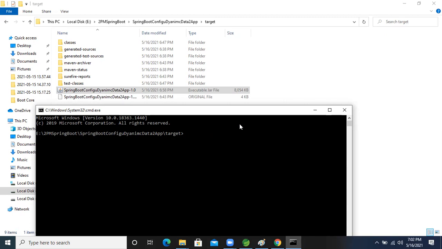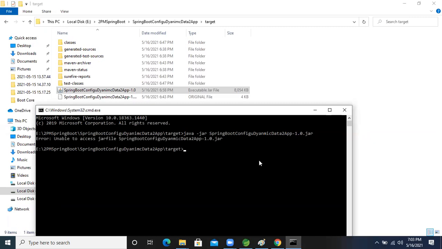After that, one space, then the application name: Spring Boot Configuration Dynamic 2 application, hyphen 1.0 dot jar.